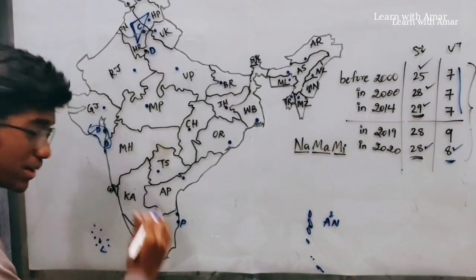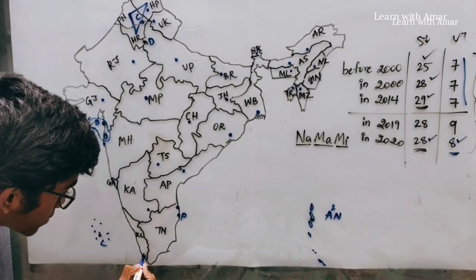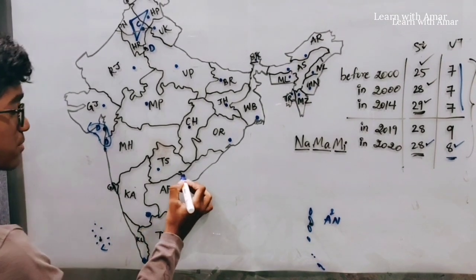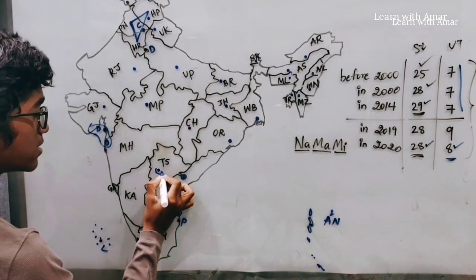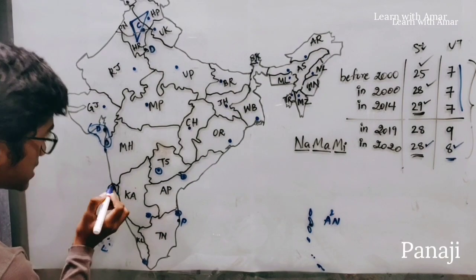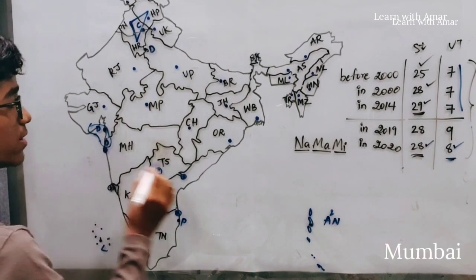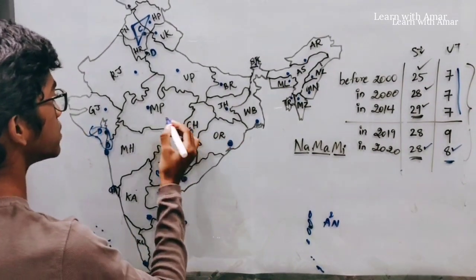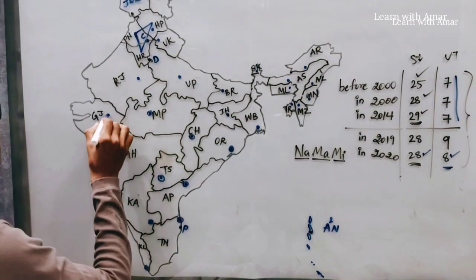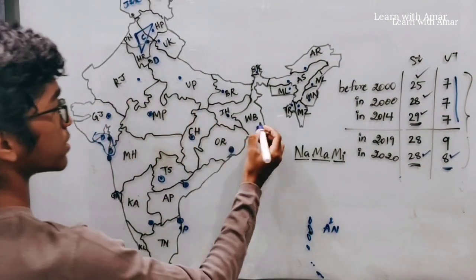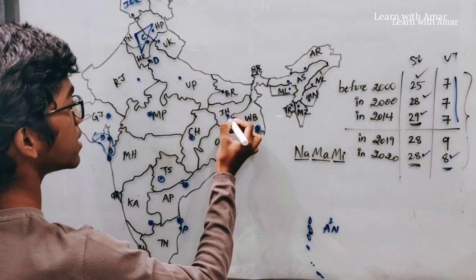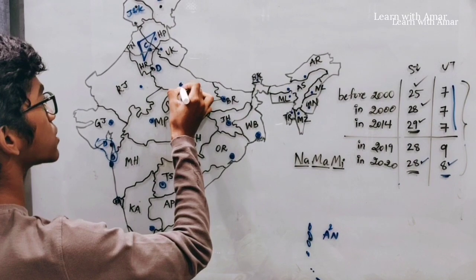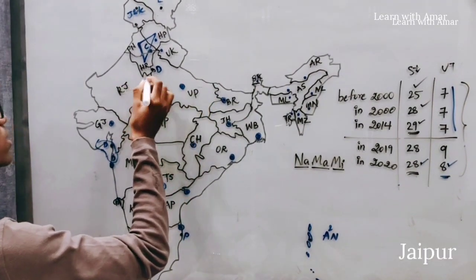First, states. We begin from South India. Here Kerala, Thiruvananthapuram, Tamil Nadu, Chennai, Karnataka, Bangalore, Andhra Pradesh, Amaravati, Telangana, Hyderabad, Goa, Panaji, Maharashtra, Mumbai, then here Odisha, Bhubaneswar, Chhattisgarh, Raipur, Madhya Pradesh, Bhopal, Gujarat, Gandhinagar, West Bengal, Kolkata, Jharkhand, Ranchi, Bihar, Patna, Uttar Pradesh, Lucknow, Rajasthan, Jaipur,